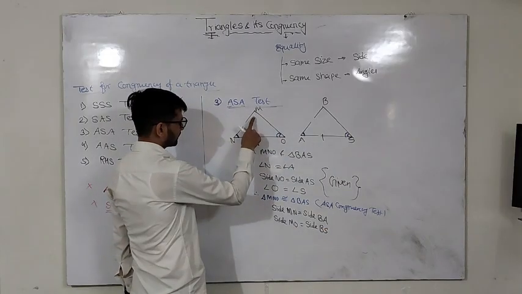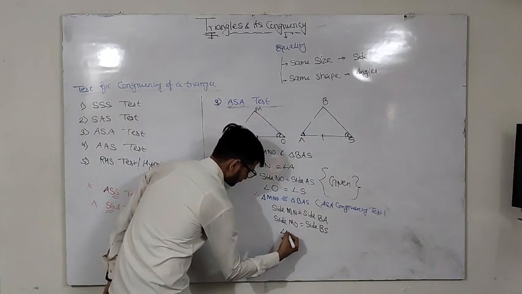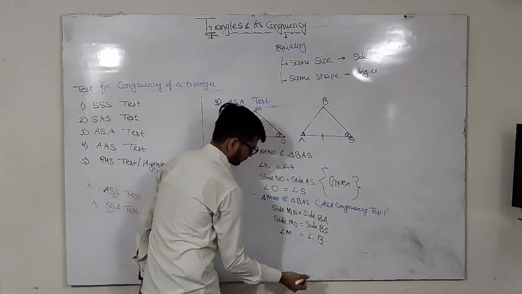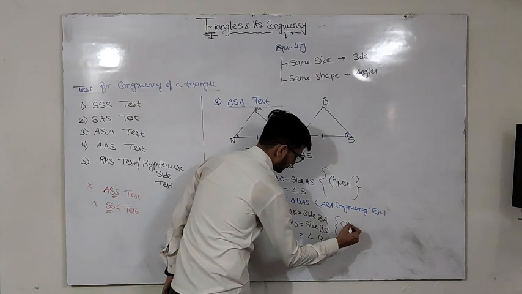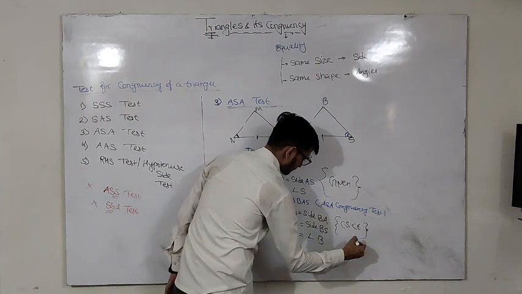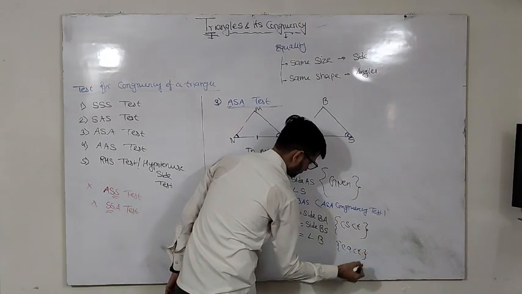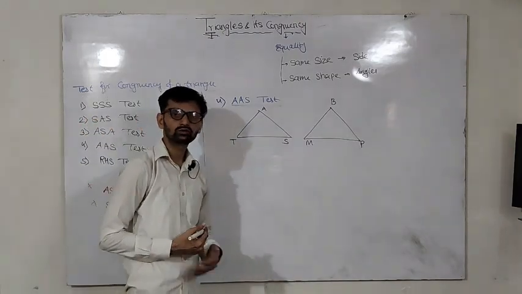And we are left with the one angle, angle M equal to angle B. These are the corresponding sides of congruent triangles, and this is the corresponding angle of congruent triangles. Now have a look at the fourth test,